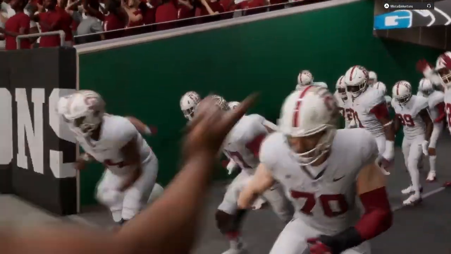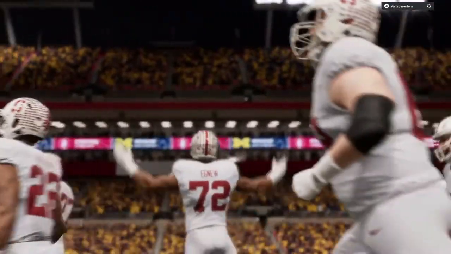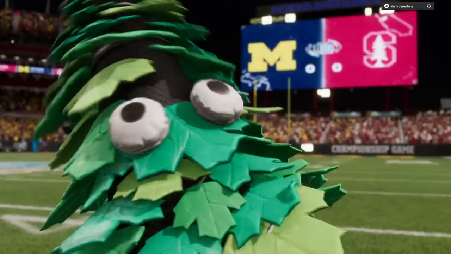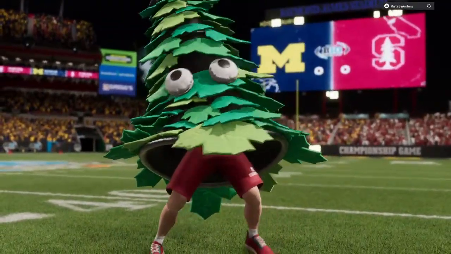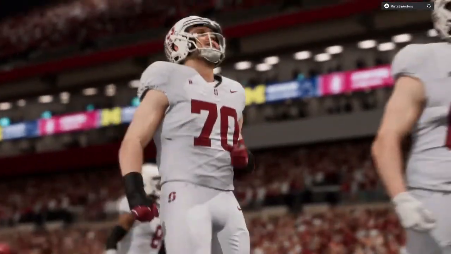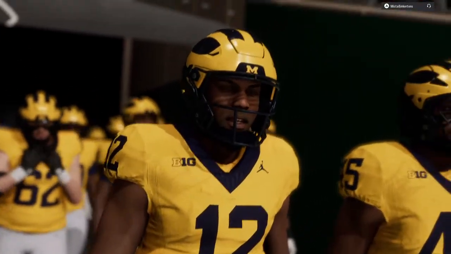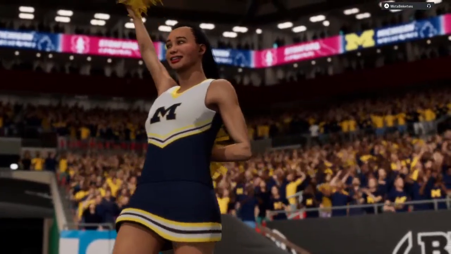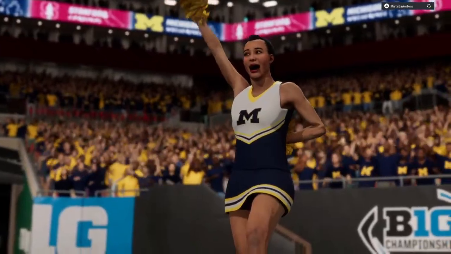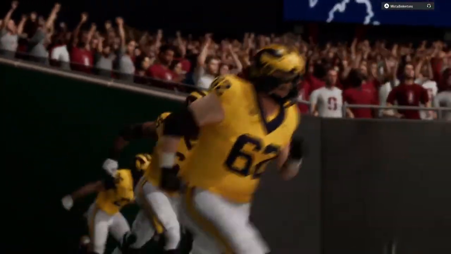Hi, folks, and welcome to this highly competitive matchup, as we'll see the runner-up from last year's national championship, the Michigan Wolverines, taking on a playoff team from last year, the Stanford Cardinal. For EA Sports College Football, Chris Fowler, joined as always by Kurt Kernstreet. Kurt, let's get right to the action.